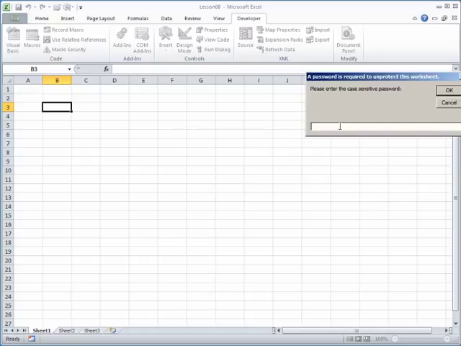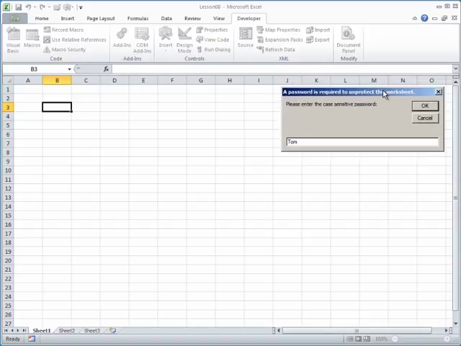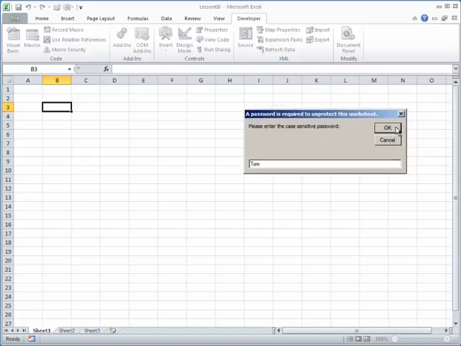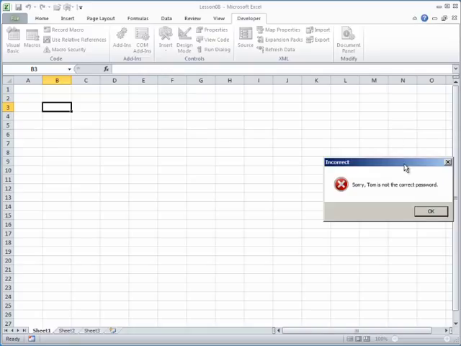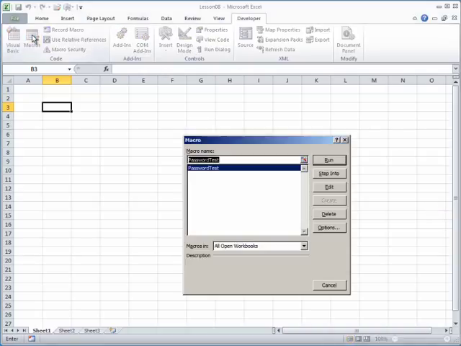If they enter some other value, and I'm going to enter in the name Tom, which we know is not the correct password, if you click OK in that case, the message box will appear as you have written it, that Tom is not the correct password, and that they've entered in an incorrect one, and OK is the only option that they've got. They can go back, rerun the macro,